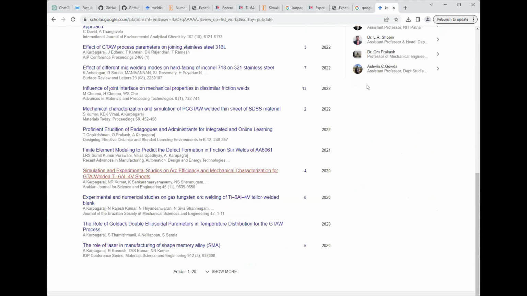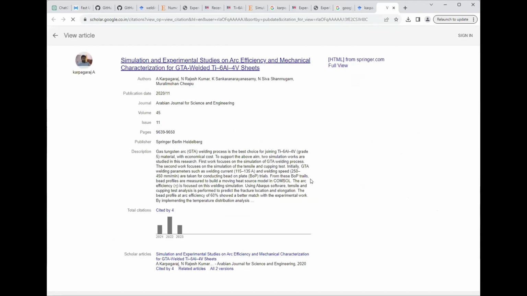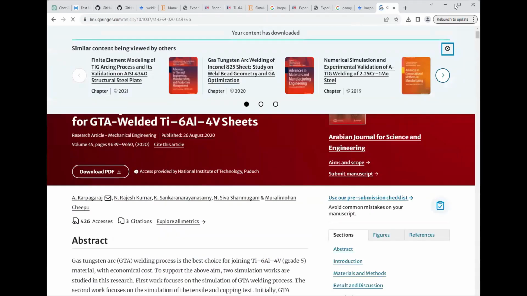Let me check. Yes. This paper we have fully immersed with welding simulations. Here in this paper, we are using titanium 6Al4V